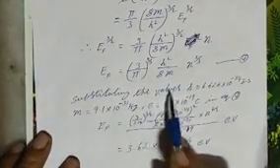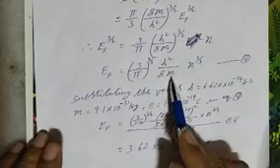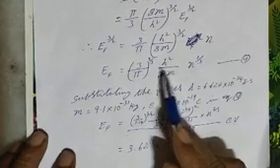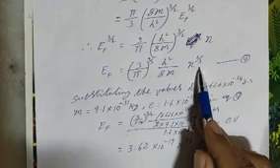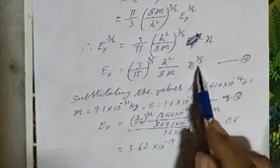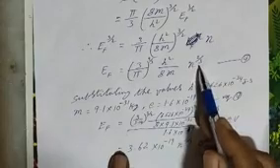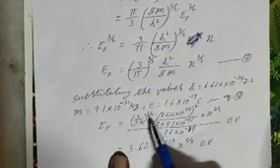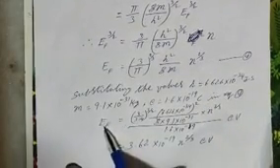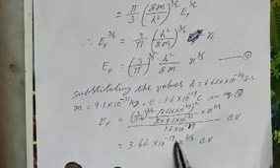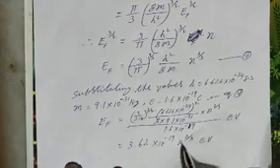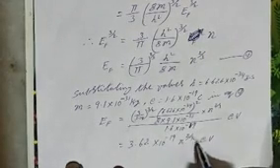Now, substituting the values of h, m and the other constants in this equation, it gives the result in terms of joules. We can rewrite this in terms of electron volts, so we divide this entire term by e, where e is the charge of an electron. So EF is equivalent to 3.62 into 10 power minus 19 into N power 2 by 3 electron volts.